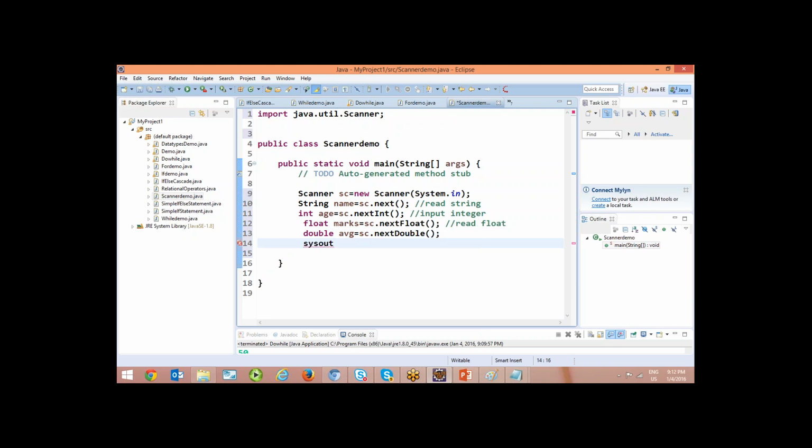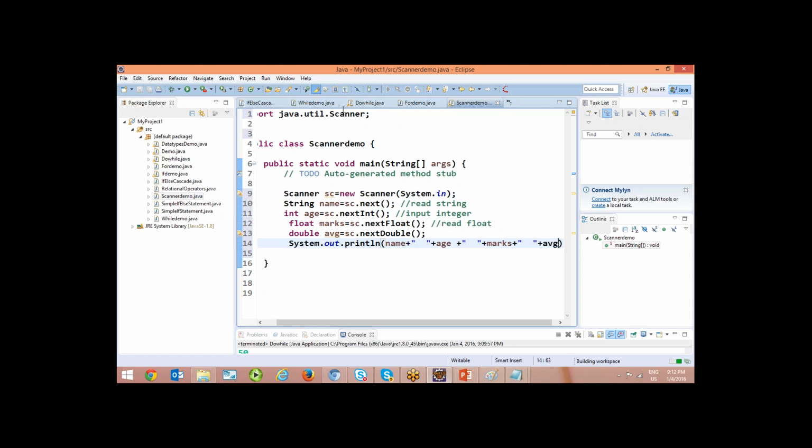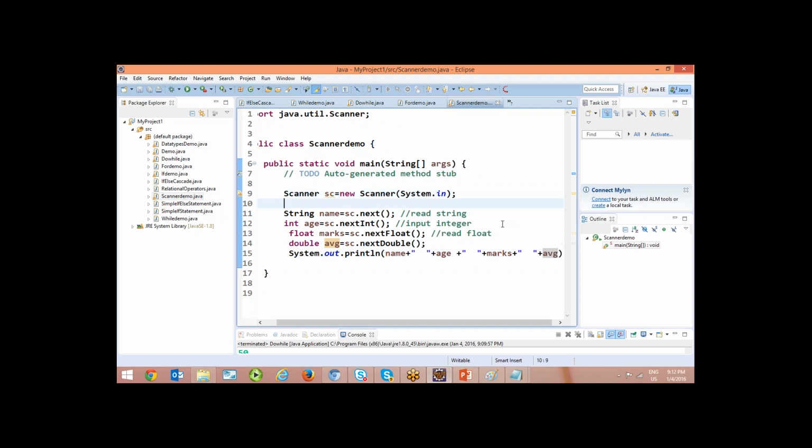Sys out, control space bar. Name, age, all together I wanted to print. Marks, average. Before this, if you try to give some enter your details, simply you can say enter details.